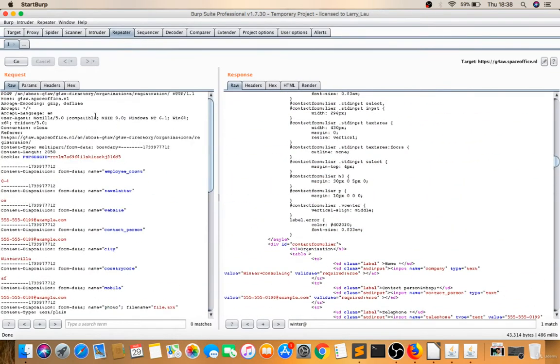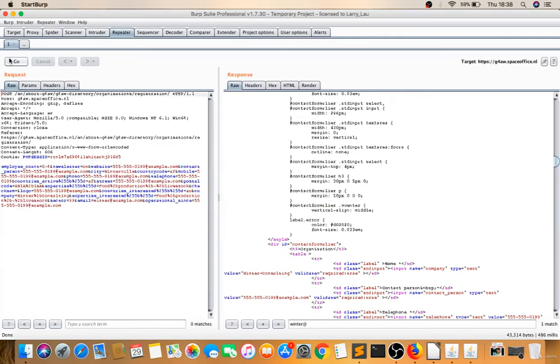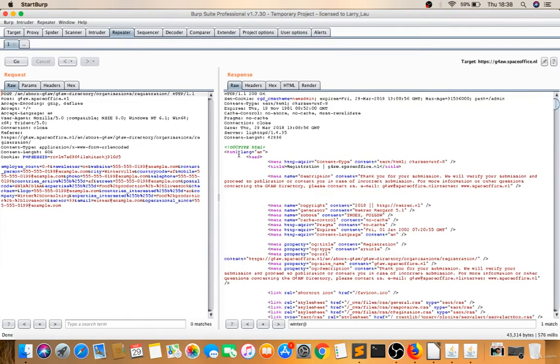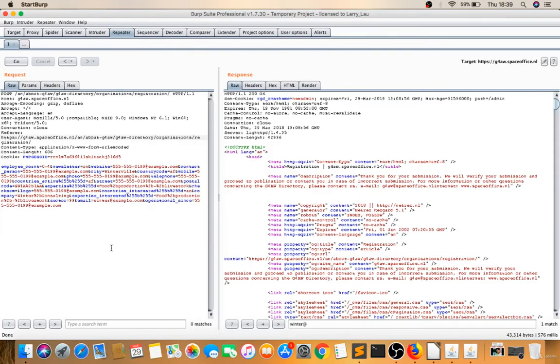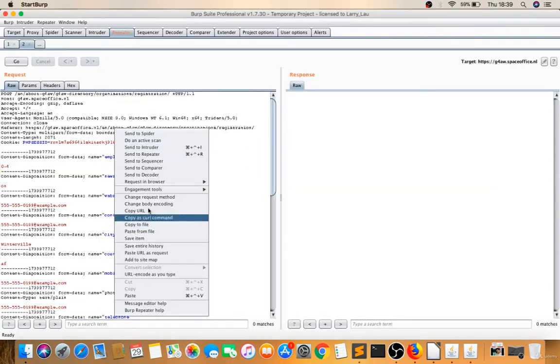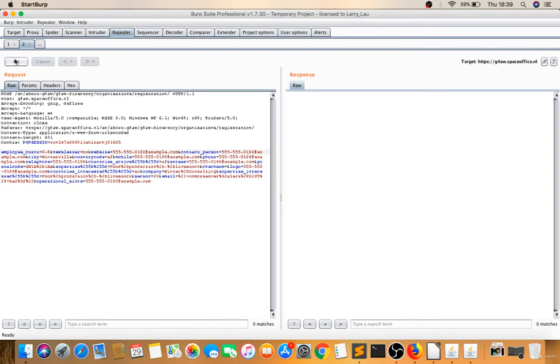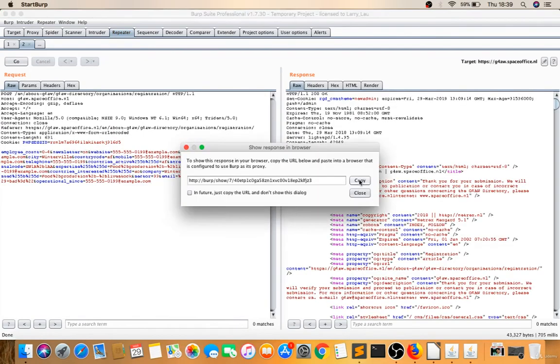Okay, so see, this is post based, but let's convert it. Change body encoding to post. Let's click on go. Okay, post is also taken. Let's right click, show response in browser. Okay, right click, send this to repeater, convert into post, click on go, right click, show response in browser, copy this, and let's check the response.